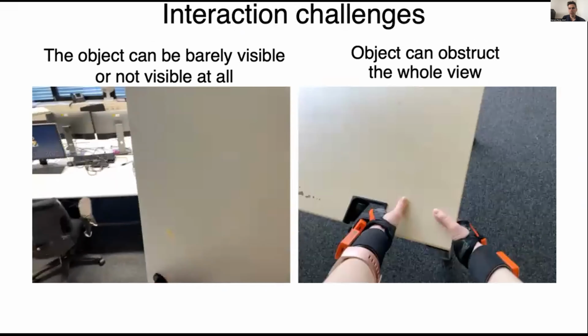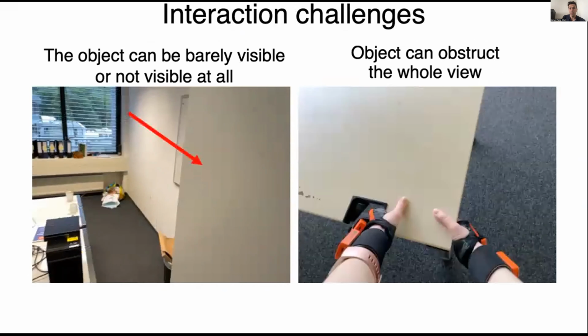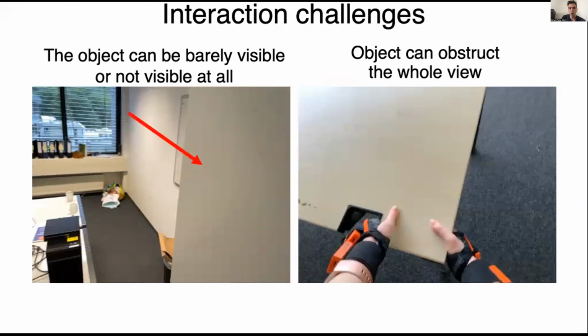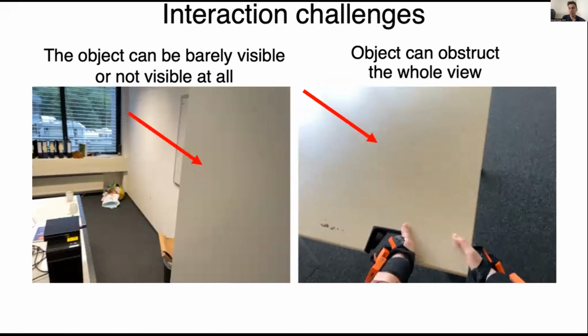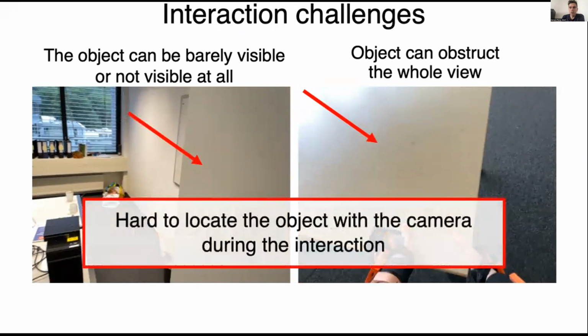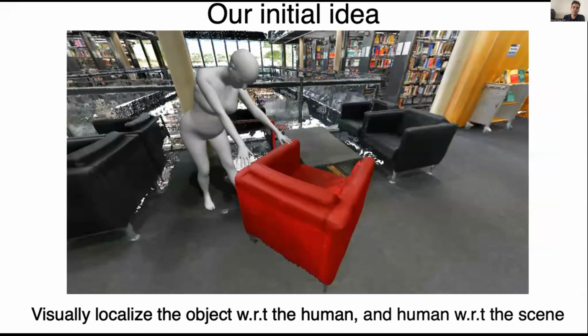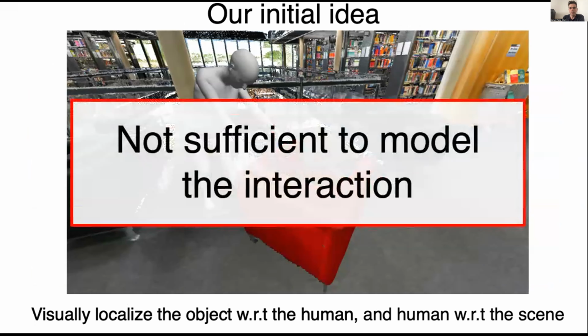Also, when we're interacting with the object, it is sometimes barely visible. So we barely see the object. Or, for example, we have something similar to the aperture problem here, where the person is moving the object, but we don't see the object moving because it's moving relative to the person, so the object is not moving in the image. So it's very difficult to know exactly how the object is moving if we don't have some higher level reasoning about human object interaction. So this approach of just localizing the object and then localizing the human within the scene will not be sufficient.